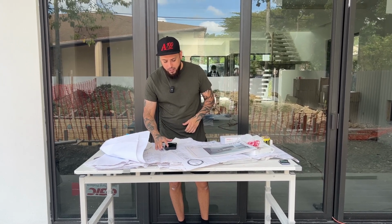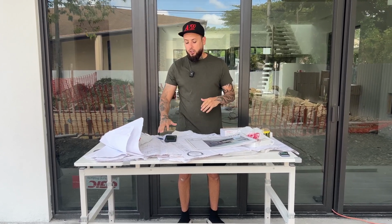Then after that, we have the building of the actual structure. Before we build the structure, we had to get a surveyor to come out here and mark the points of the property so we know the property line. And then we had the structure guy come out and start digging for the footings and doing the foundation. The total for the shell, which is the structure, everything built, including the footings, the foundation, the slab, all that cost